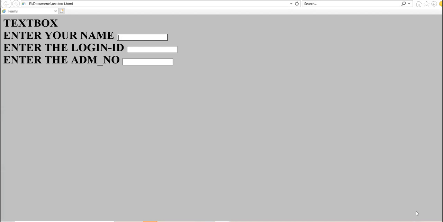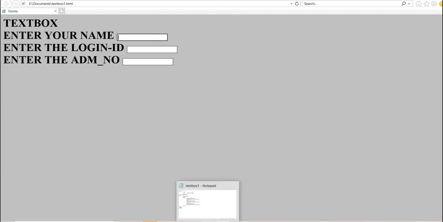So, in order to type the HTML form coding, always prefer to use table tag. Combine the coding of HTML forms with the table so that the text boxes as well as the text get properly aligned, properly managed.